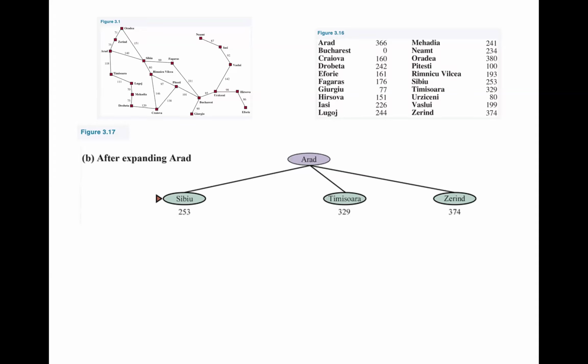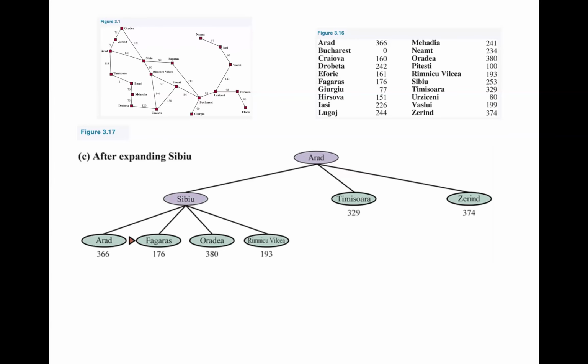and we produce, or encounter, Sibiu, Timisoara, and Zerind, each of which these nodes are decorated with the h of n objective value. So we have Sibiu, its h of n estimate is 253. Timisoara is 329, and Zerind is 374. So these encountered nodes are added to the priority queue, and because Sibiu has the minimum h of n value estimate of all the nodes on the queue, when we pop off of that, it's going to be selected, and